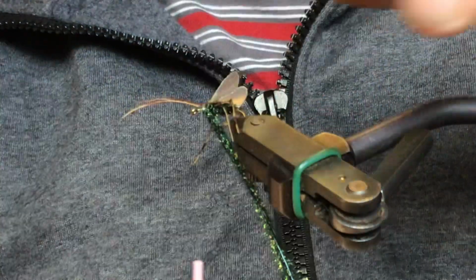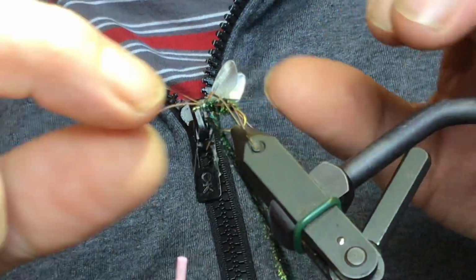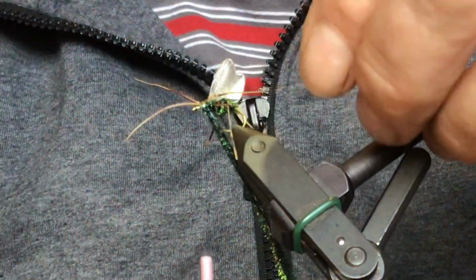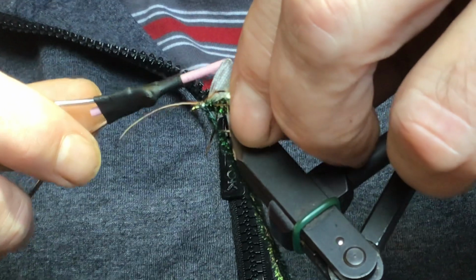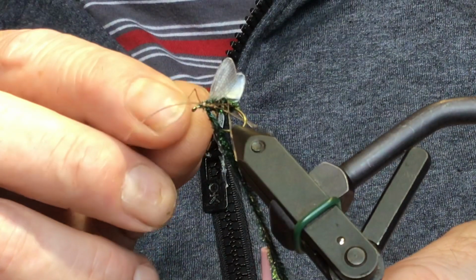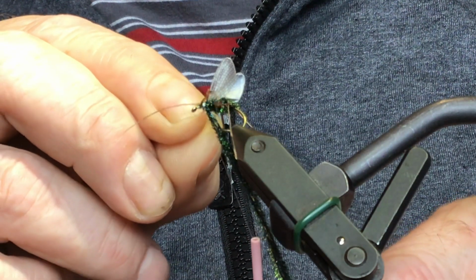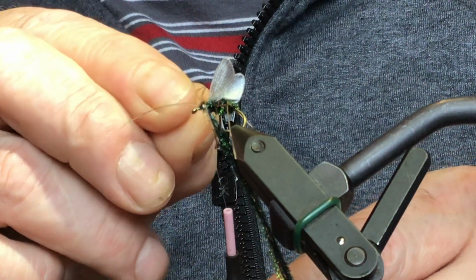And 2 turns. And now I'm gonna lock them into place, twisting them a bit if they're facing the wrong way. You can see this one is going upwards. It's not the way it's supposed to be. So I'm just gonna loosen it a bit again and twist it into place. When I'm satisfied, I'm gonna tighten the thread a bit. Can be a little bit difficult, but